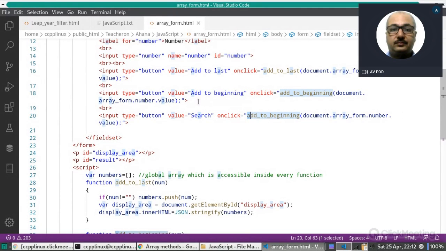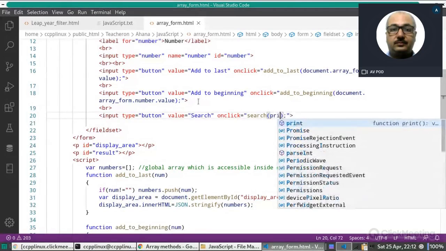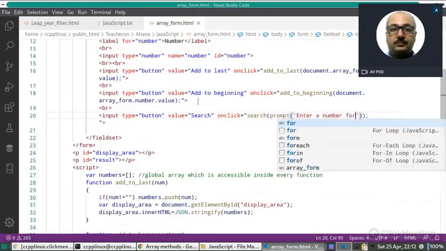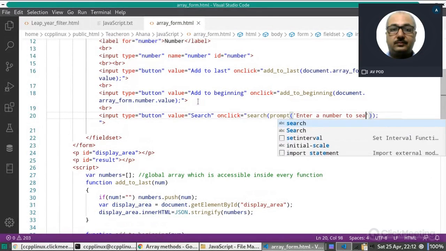So our function name is search. Then here we will take input using prompt. There is a function with the name prompt. The return value of that prompt function should be passed to search. Here we should write like this: the prompt, and then "Enter a number to search."